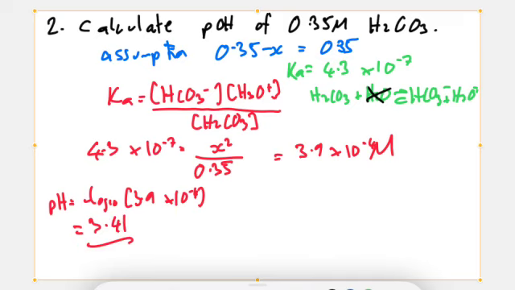pH, that is 3.41, but that was not the question. The question was what's the pOH, not what is the pH. So pH plus pOH is 14. Take 3.41 from 14, and then you will find that the pOH will equal